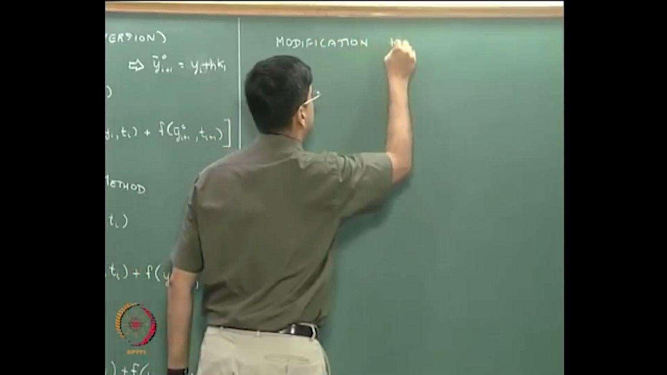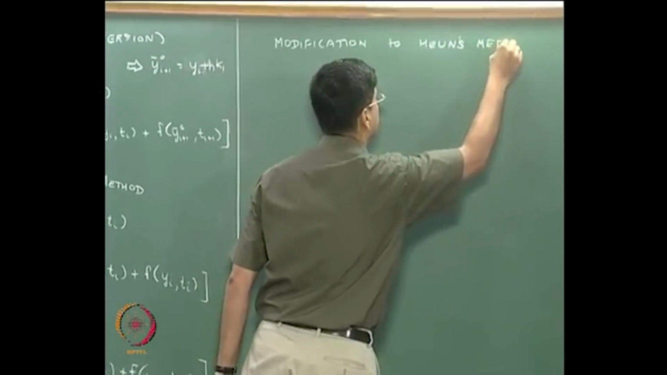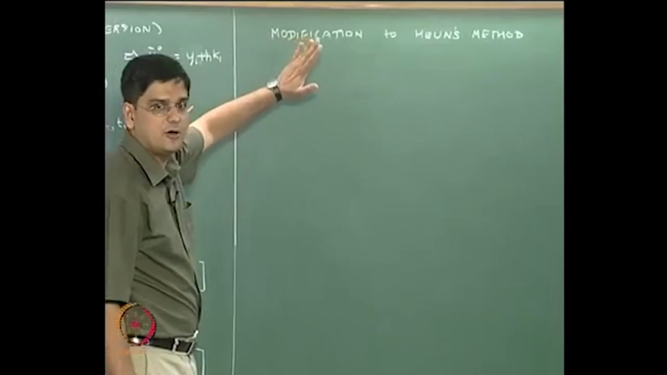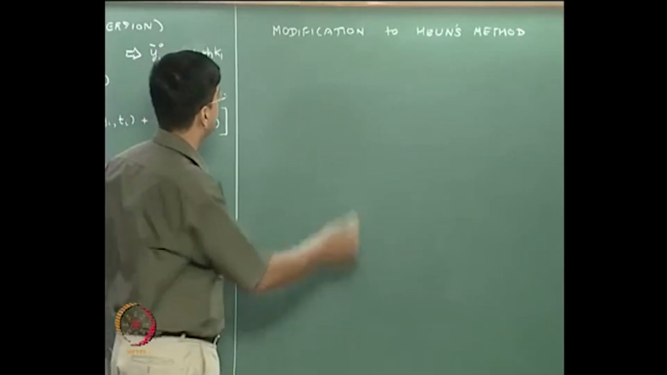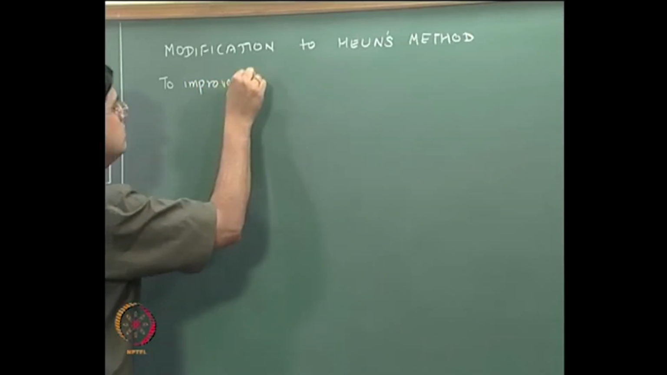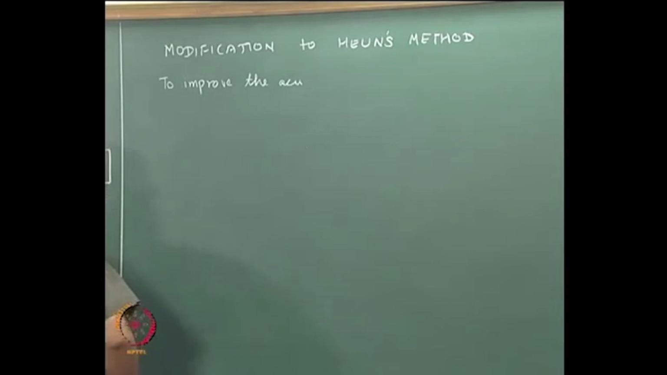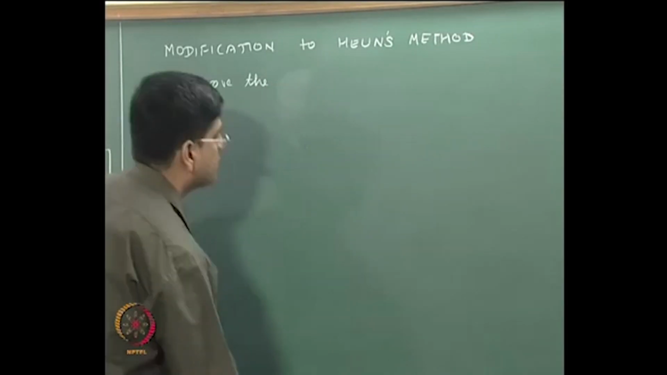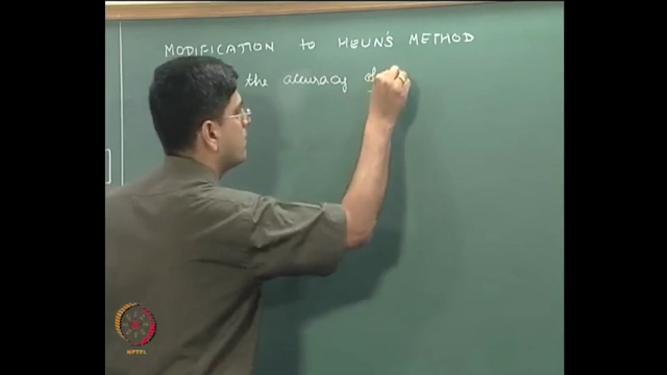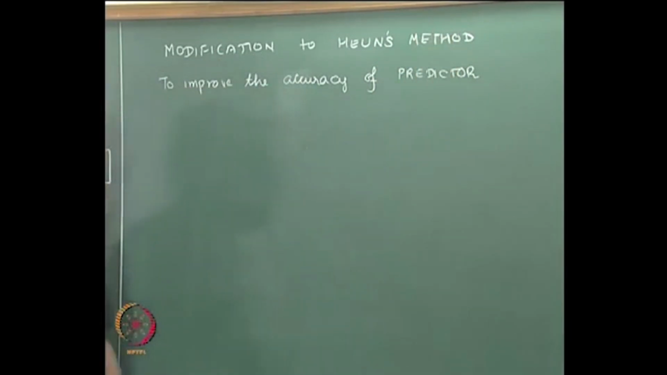So, modification to Yuen's method. Okay, and this particular modification will be implemented in order to improve the accuracy of the predictor equation. Okay. In this case we will